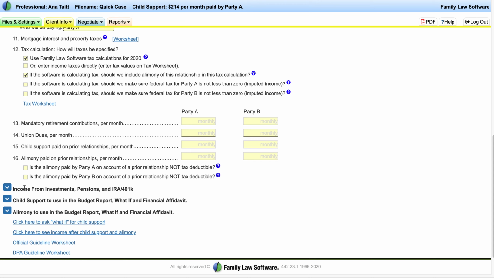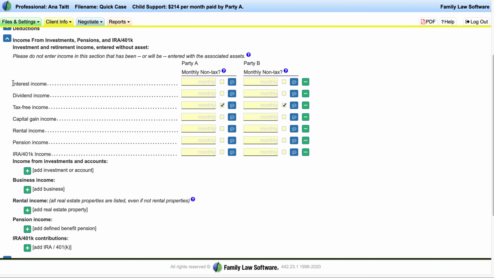But if you have older or wealthier clients, you might want to go into investments in pensions, IRAs, etc. So if I were to open this folder, I could enter types of income that might affect wealthier or older clients. With that being said, child support's $214 at the top, and when we're ready for printing, we just click